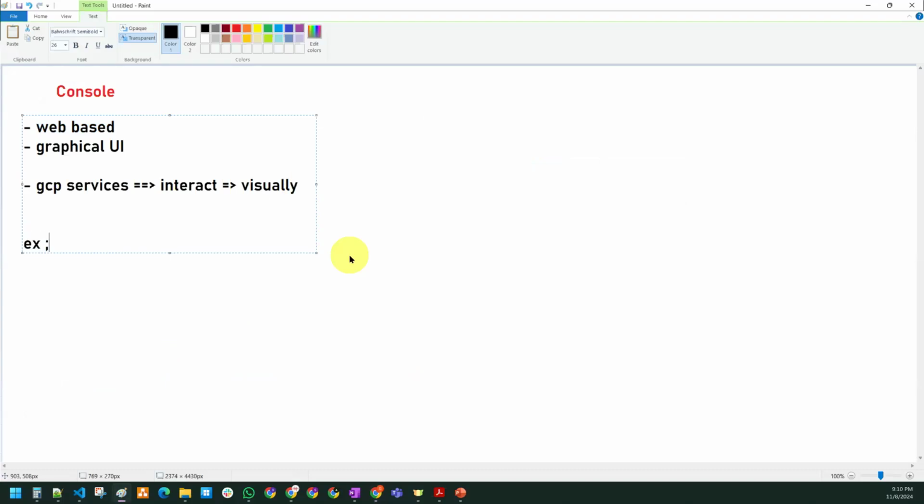So what we can do in the console, if one asks me, almost you can do anything. You can create storage buckets. You can create IAM policy. What are these things? You can see it later. Okay, you can create